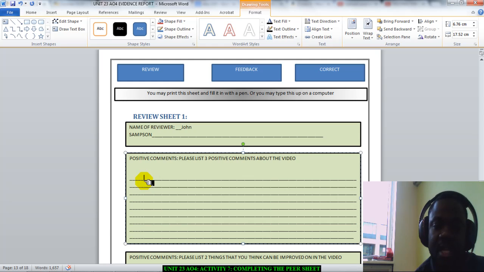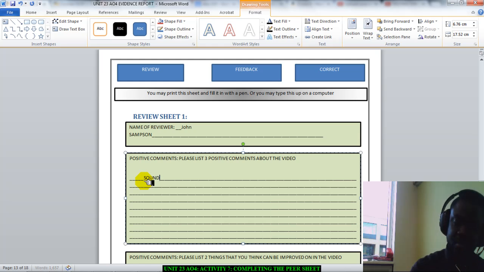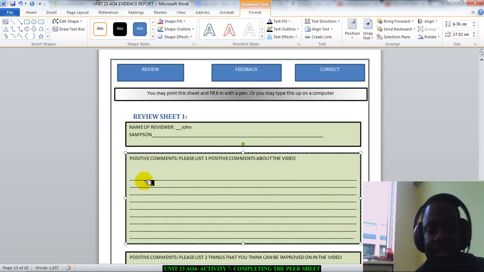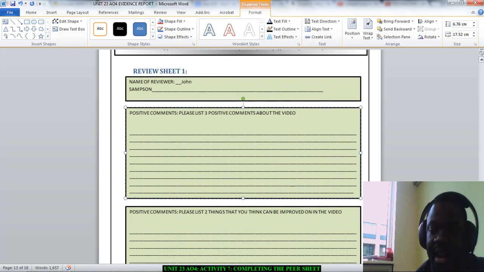The next section, they will write down 3 positive things about your video, what they like about it. Okay, do they like the sound? Do they like the effects? Do they like the kind of movies that you've put in there? Do they like the clips? Do they like your text? Different aspects of your video. Okay, they have to write in a comment. And then the next section